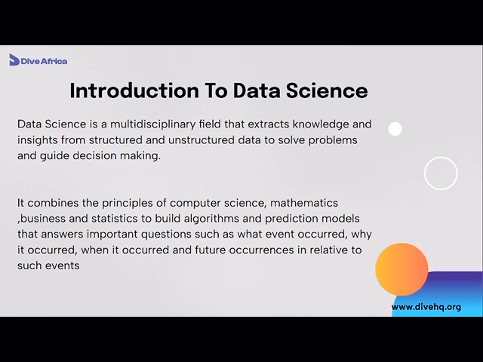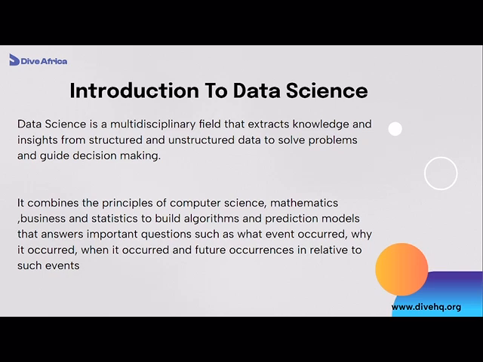While unstructured data are data that do not follow certain patterns. They are not arranged in tabular forms. They don't come in rows and columns. Sometimes these data come in CSV files, some come in JSON. They could come in any way, in text files, disorganized. Just think about it as organized and disorganized. So data science helps extract knowledge and insight from this kind of data to solve problems and guide decision making.